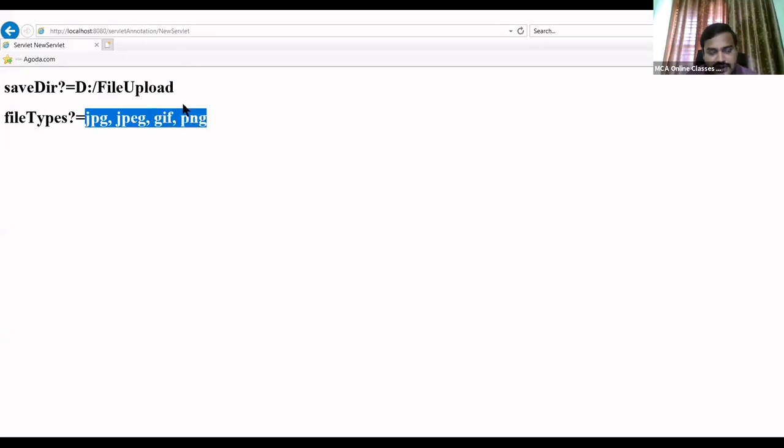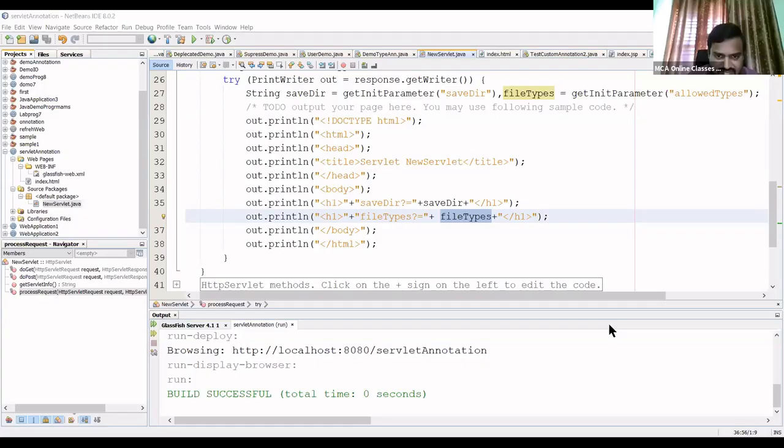This is a name and this is a value. Right. So this is about this annotation. That is what I wanted to explain to you.